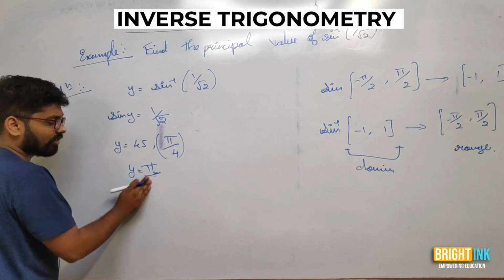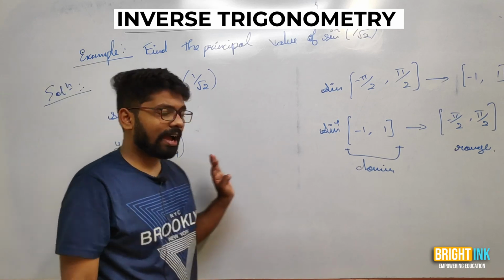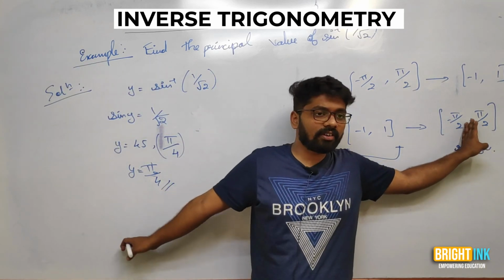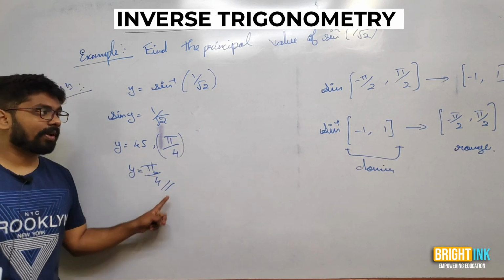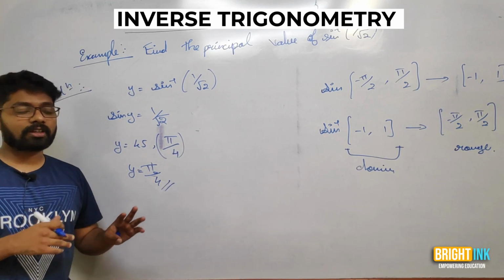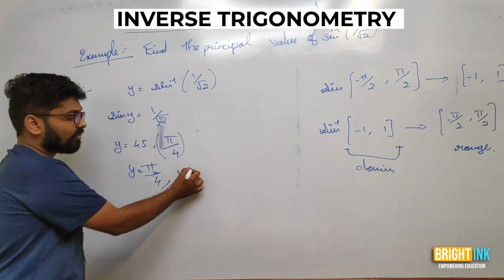Did you understand till here? So does pi by 4 lie in minus pi by 2 to plus pi by 2? Yes, y is equal to pi by 4 lies in minus pi by 2 to plus pi by 2. So therefore your answer is